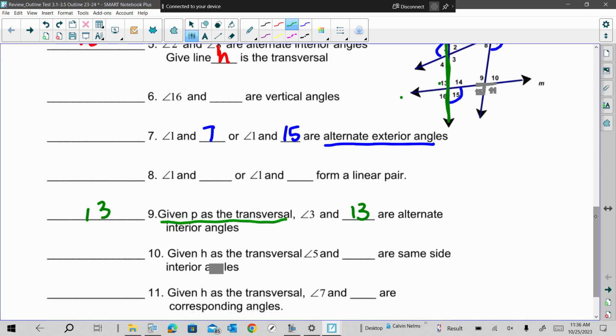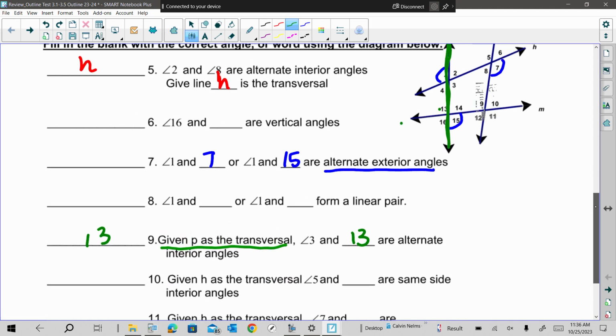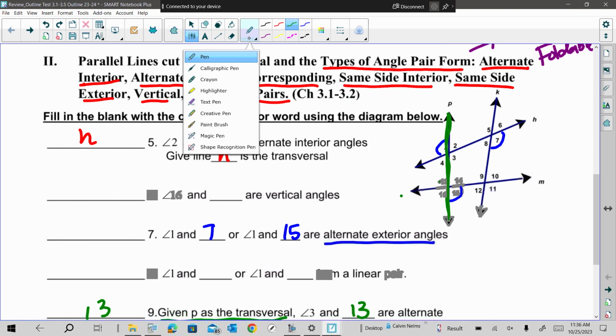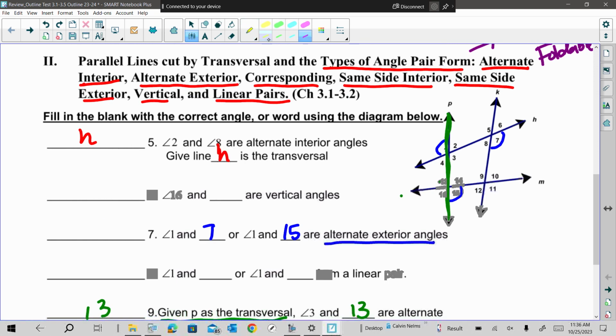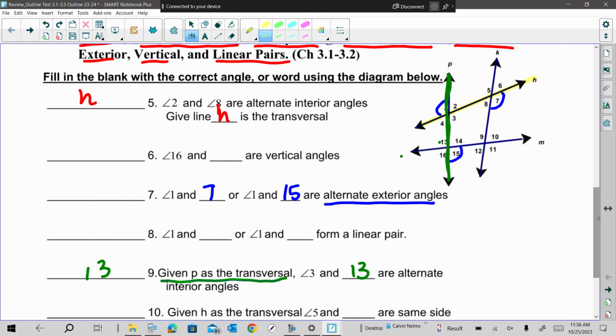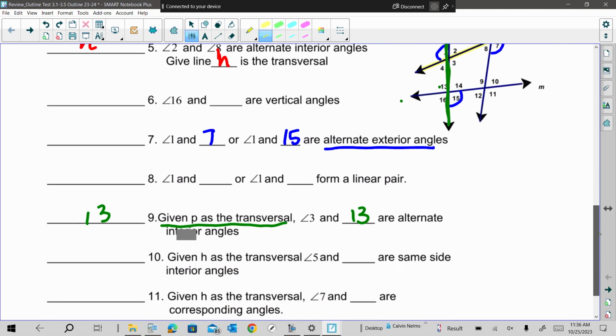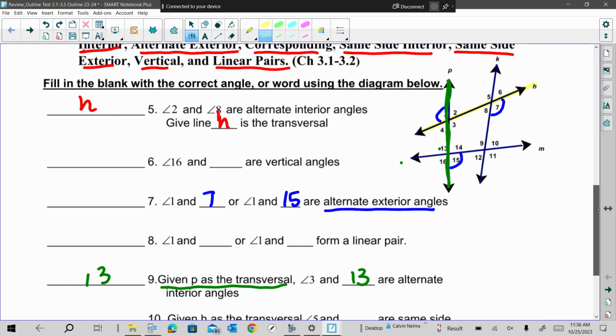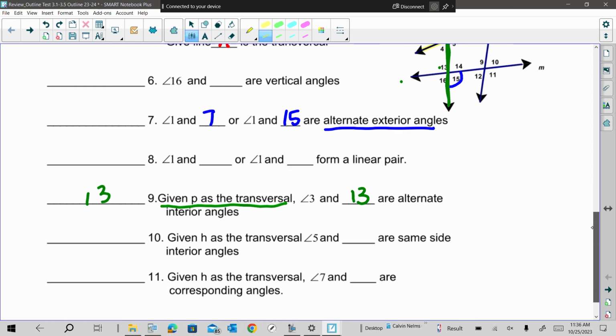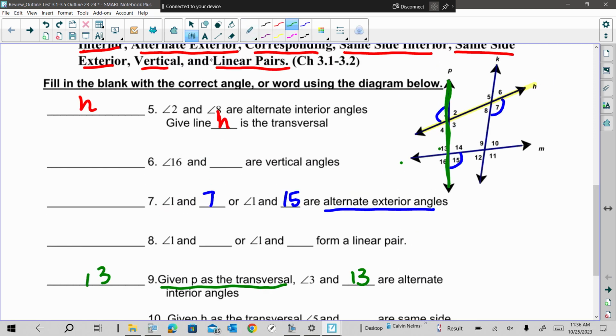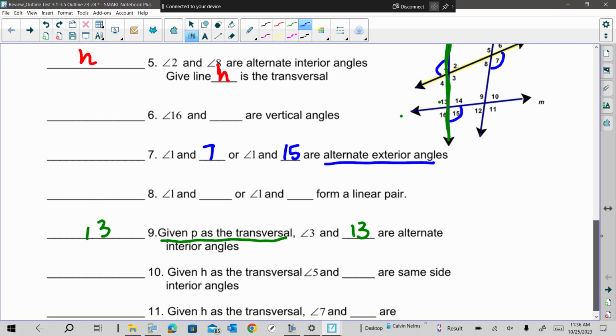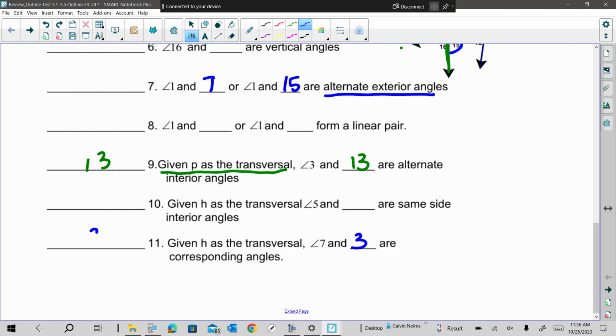So on 11, now they want us to focus on line H as a transversal. So I'm just going to highlight this line H. That's the line that they were comparing to. 7 and what other angle corresponds? Yep, 3. Okay, 7 and 3. All right, so